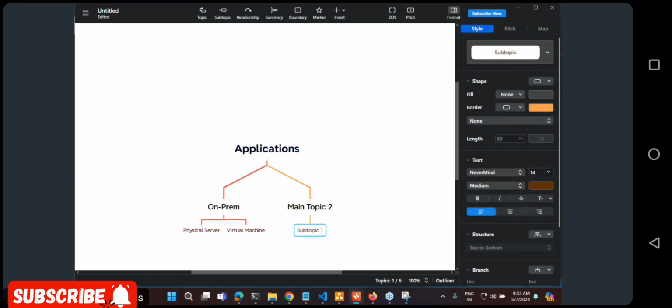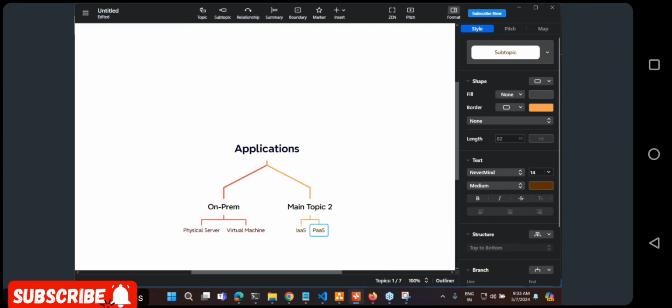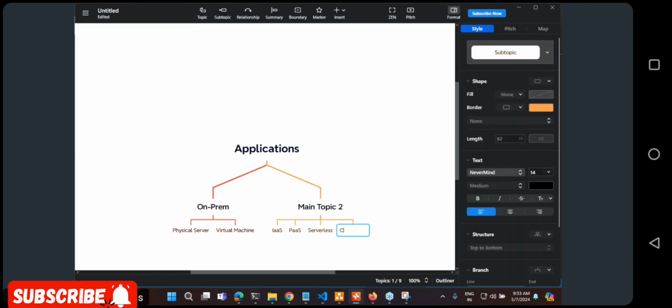So over here you have infra as a service, platform as a service, serverless, and then containers. You can try to run containers over here, but they will fall under the category of physical and virtual machine again. That's the reason I'm not writing them separately. So over here in containers, you basically get two options.